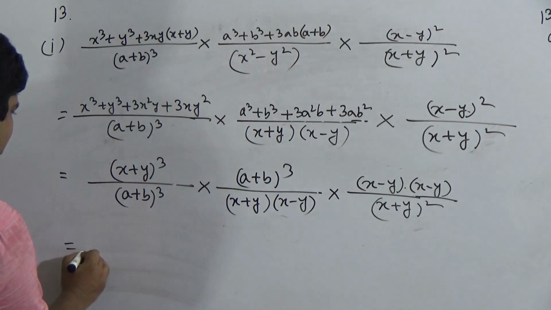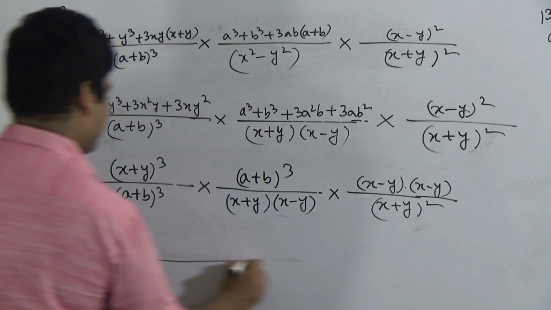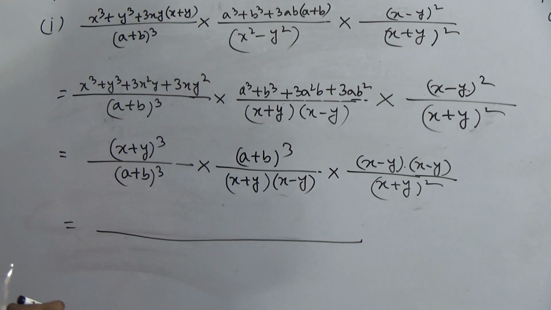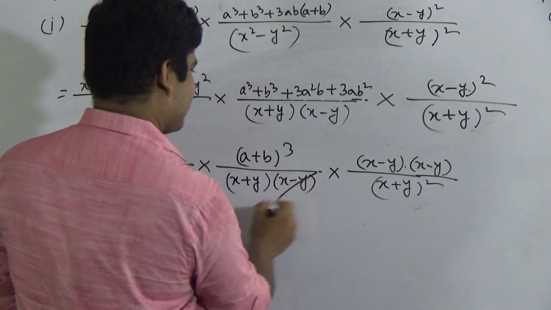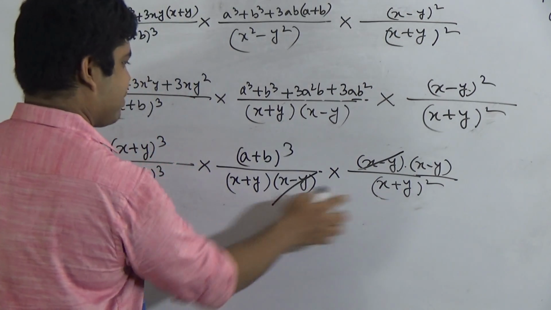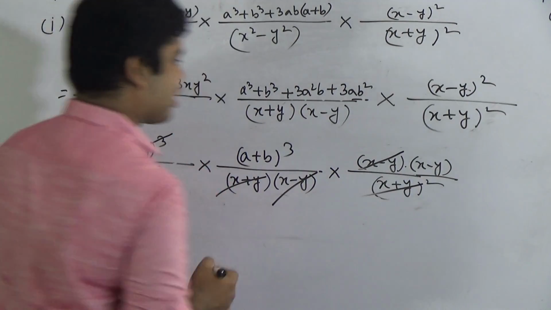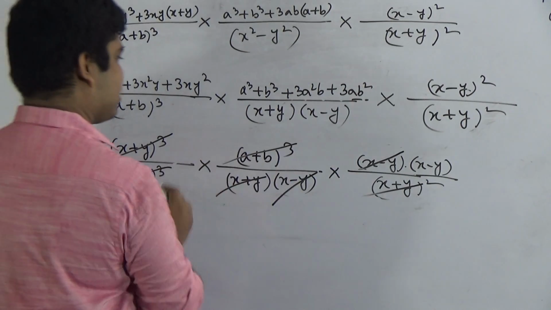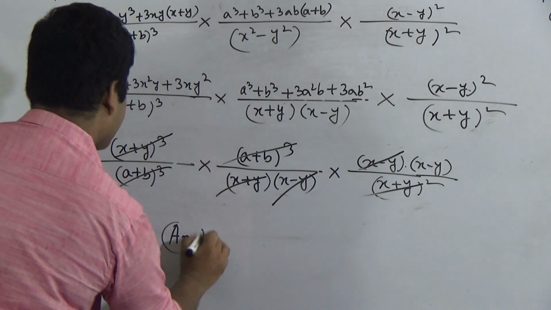Okay, dear students, we can cut from this line, or we do multiplication of the numerator first, after that we do multiplication of the denominator. So which is easier for you? We cut from this line. Here you notice x minus y are cut. Here you notice x plus y square, x plus y, that means x plus y whole cube. On the other hand, here x plus y whole cube, that means this one and this one are cut. Okay, here a plus b whole cube, that means both are cut, and left x minus y, and x minus y is the required answer of this question.